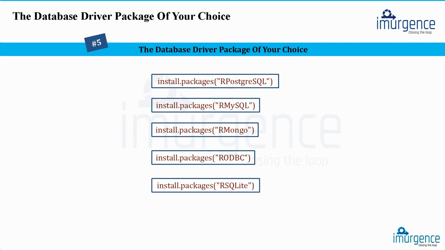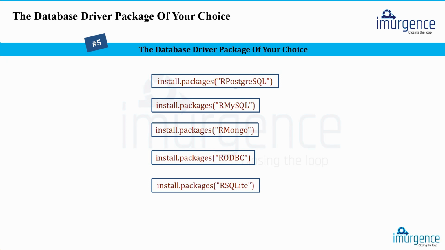Now the fifth important aspect is about the database drivers. So R can connect to any of the databases, maybe Greenplum, Oracle, PL/SQL, you name it, you have it, right? So all these packages are there, but the only thing is that you will have to install those respective packages. For example, if you have to make your R talk to an Oracle database, you will have to install an R Oracle package.